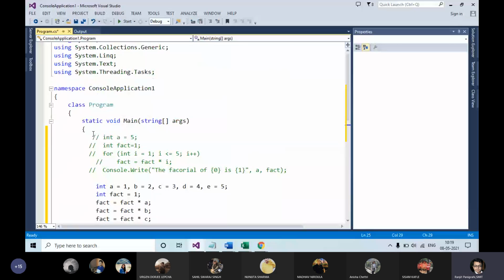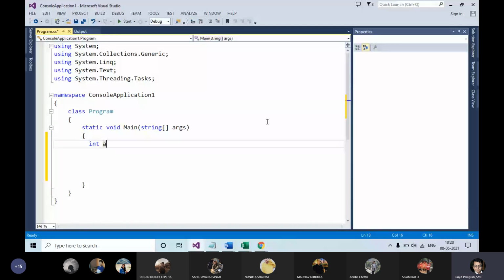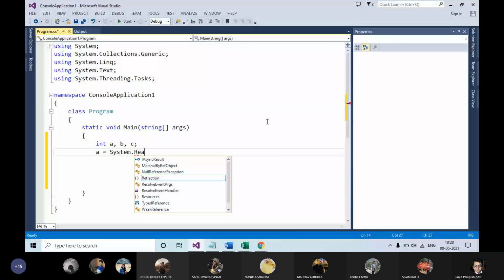Int a, comma b, comma c. A equal to Console.ReadLine, not System. Console.ReadLine.